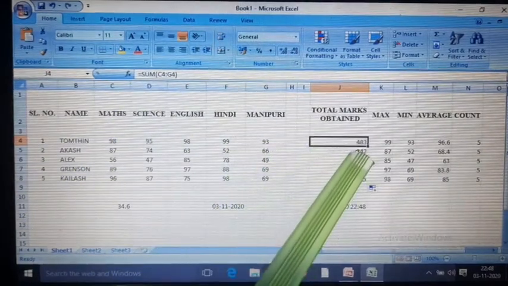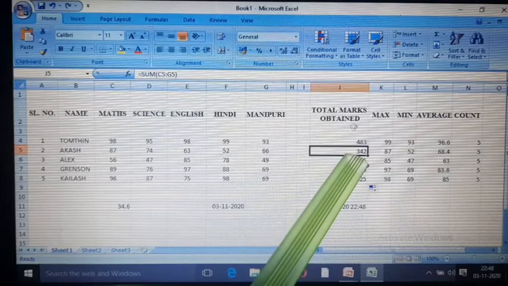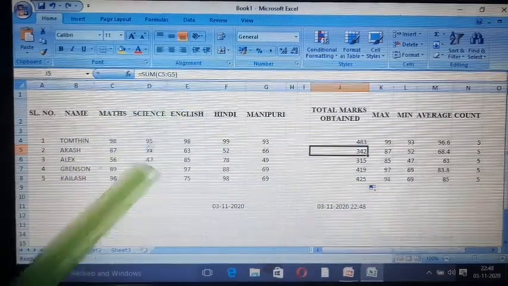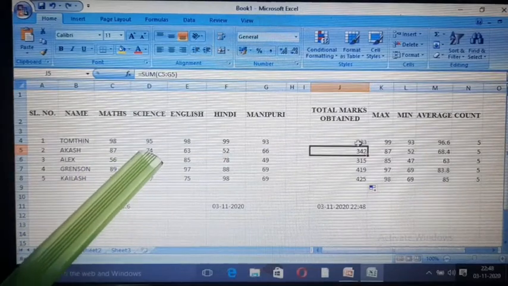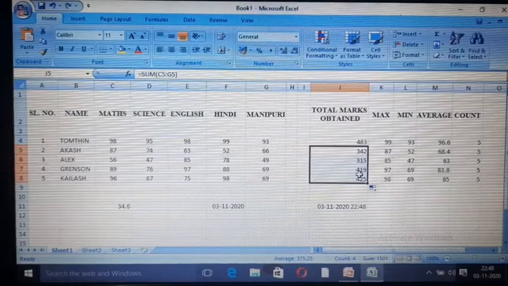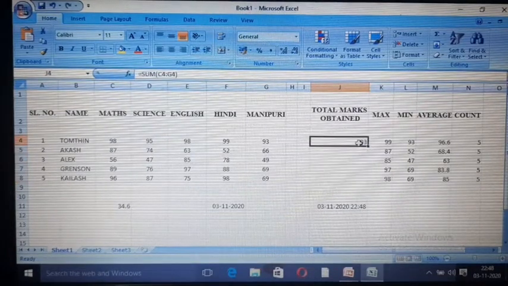Now I'll click on this cell J5 again. Suppose I will delete this. Okay, let's delete this. Now when I drag